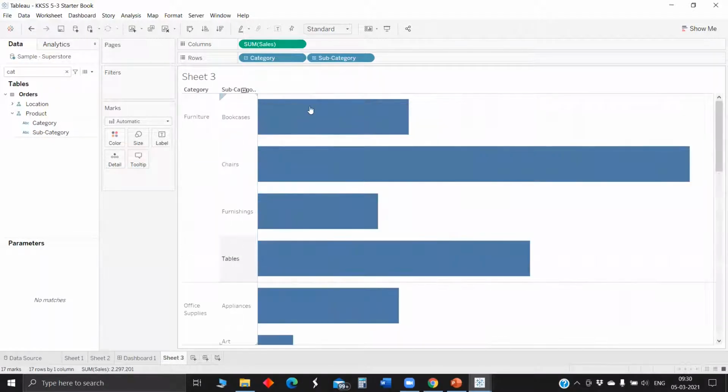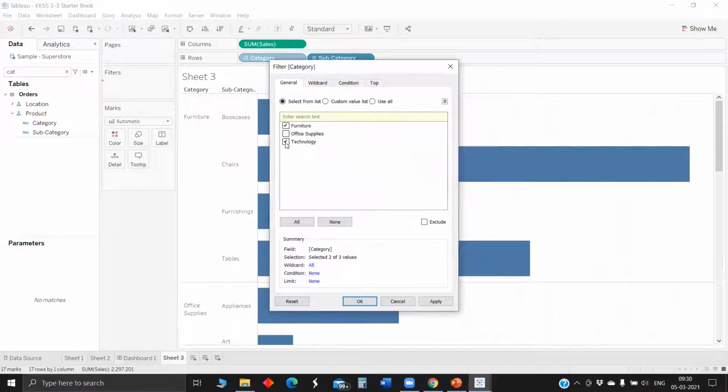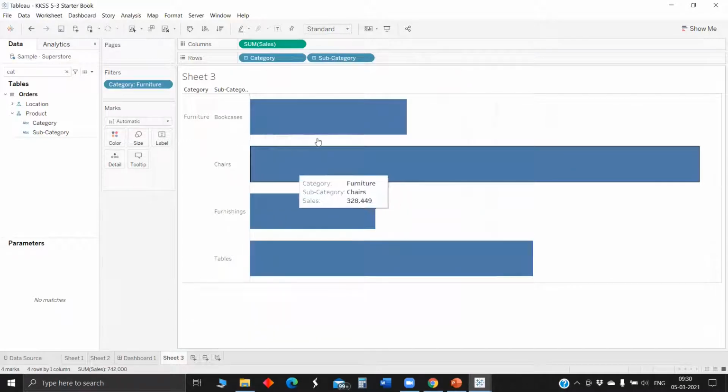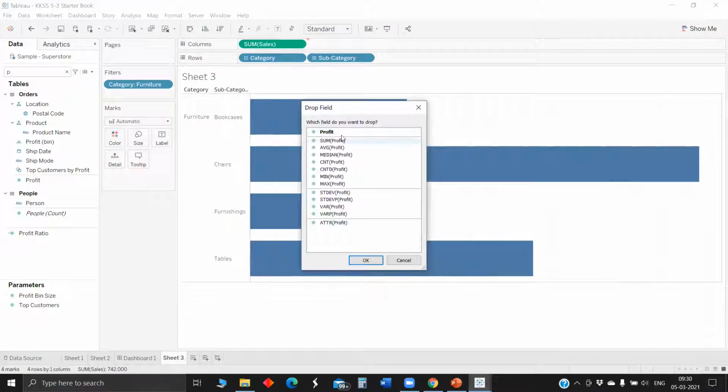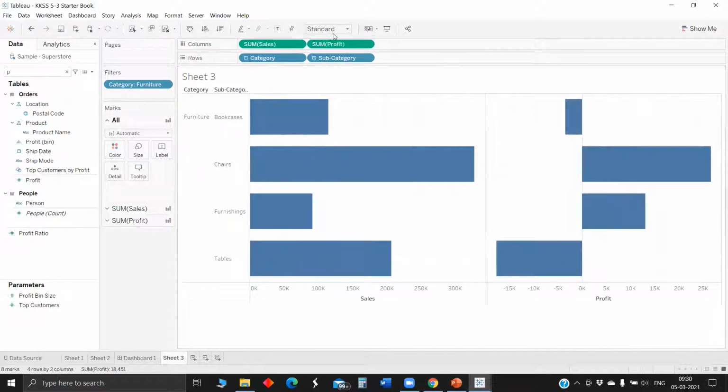So let me make a view. For the time being, I have filtered only furniture. Sales is in bars, and profit, let me drop it in. Let me do a dual axis as well.